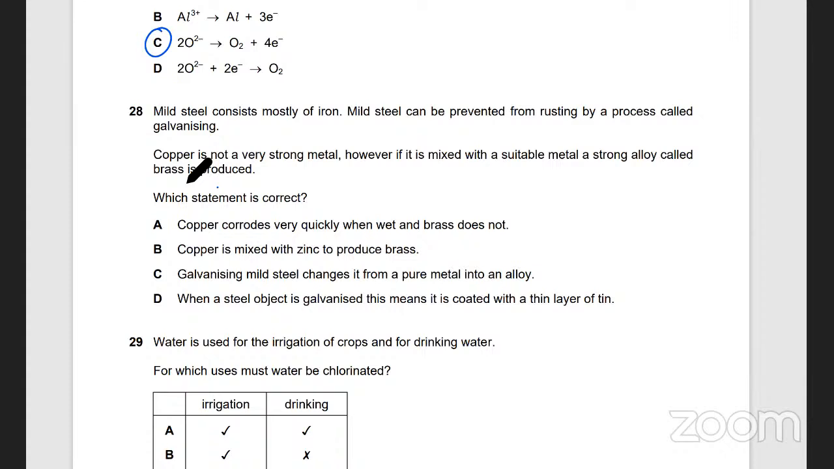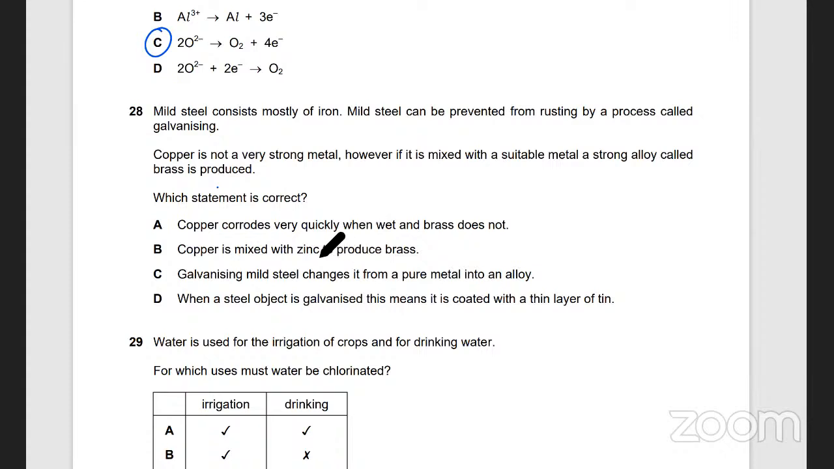Wait, I mean copper. For brass, it's copper and zinc. कॉपर एंड जिंक होते हैं। ब्रॉन्ज में इट्स कॉपर एंड टिन, ठीक है। Okay. तो जब आंसर वो कॉपर corrodes very quickly when wet and brass does not, ठीक है।